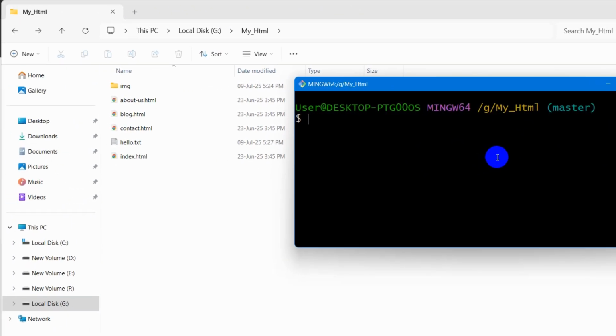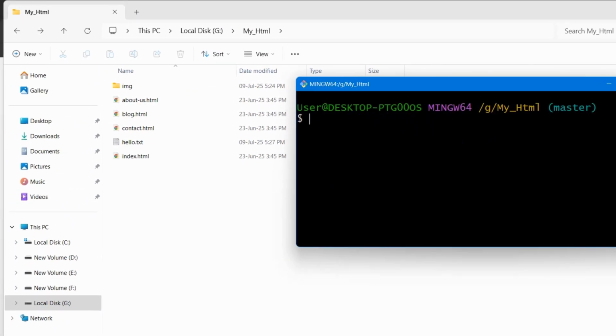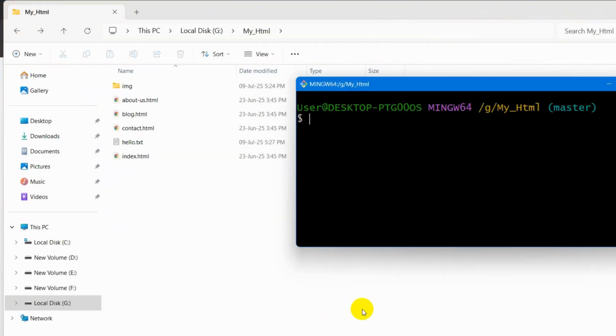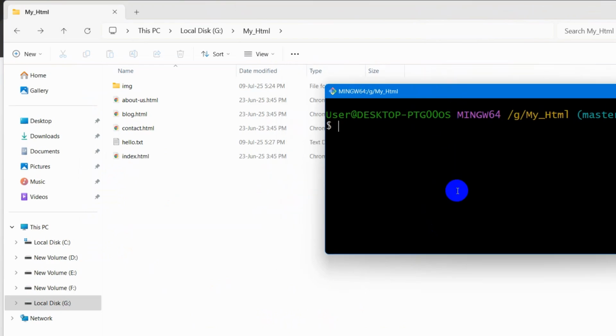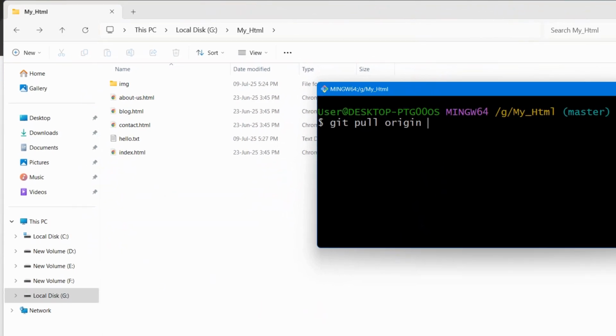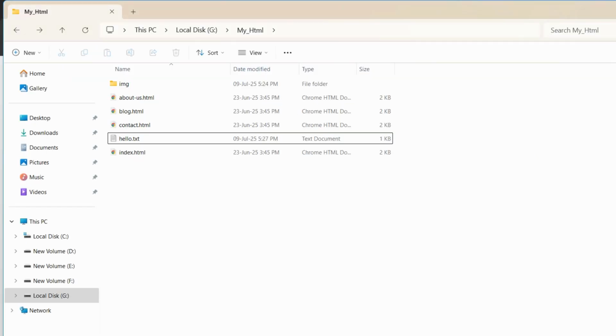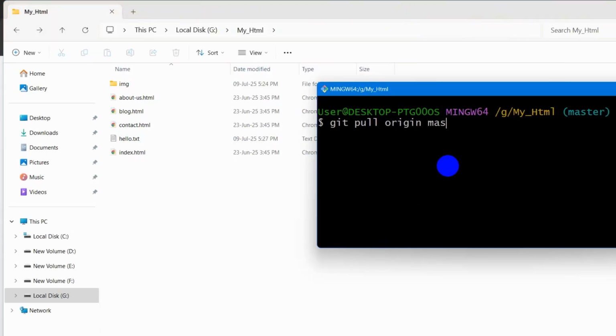So I should have mentioned it earlier. Right now, in order to pull the update from GitHub, all you need to do is really simple. We need to write over here git pull origin, and the origin is from the master branch. Here you can see master branch. So we need to say over here master, then press enter,